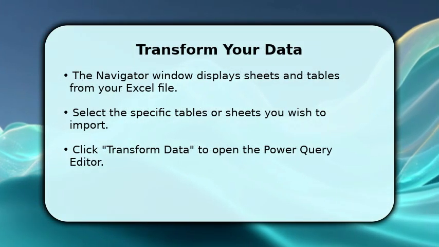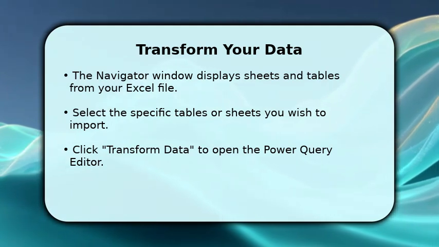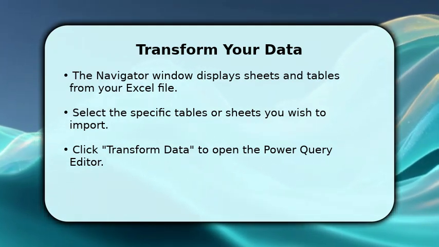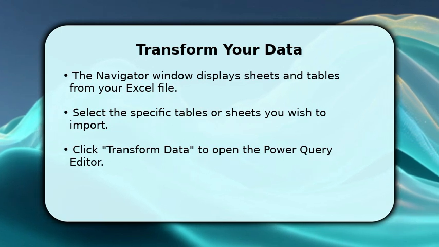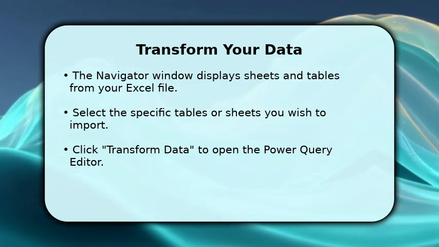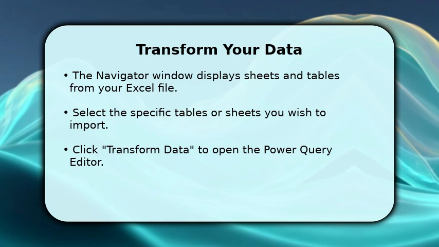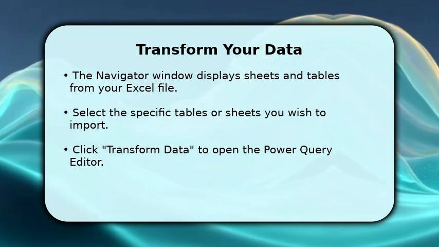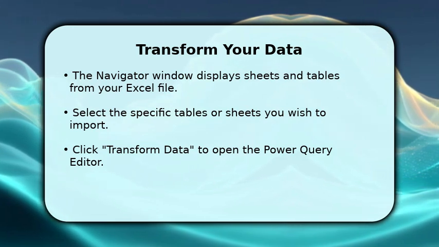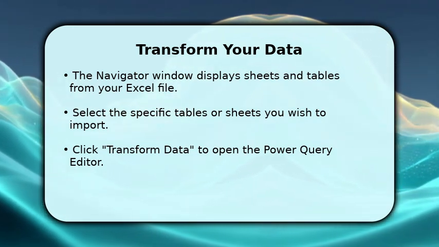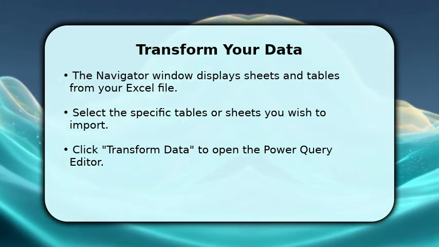Once you've selected your Excel file, the Navigator window will appear, showing all available sheets and tables within your workbook. Carefully review these options and select only the specific tables or sheets you intend to use. After making your selections, click the Transform Data button. This action will open the powerful Power Query editor, where you can refine and clean your data before loading it